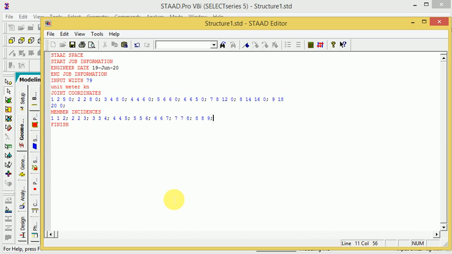then semicolon. So like you can see here I have provided many nodes and members. Then I have saved this incidence and go to.